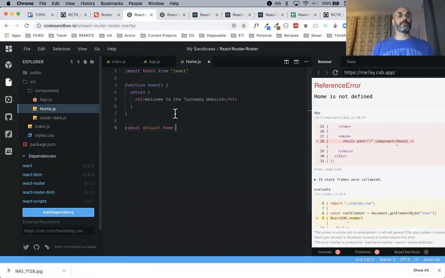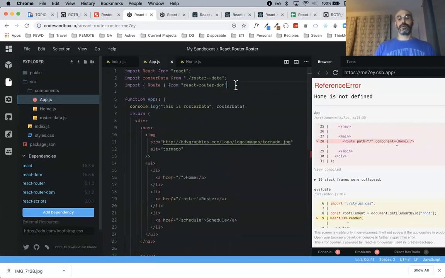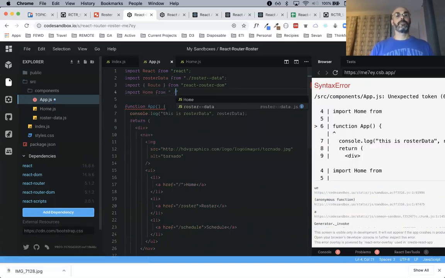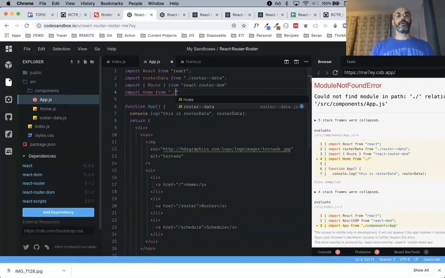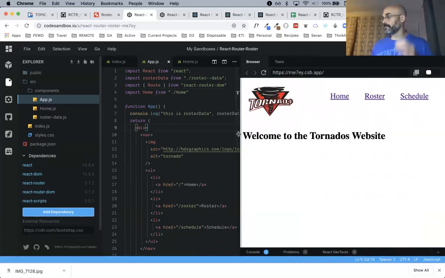I can use it. If I go back to app, all I have to do is import home from home, right? Boom. And it's working, and I see my content, right?